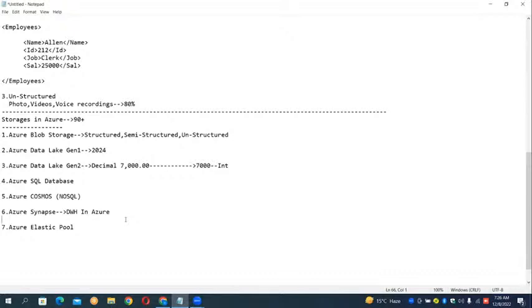And Elastic Pool is where you have a very large number of databases. Multiple databases recorded in one place is called an Elastic Pool. Clear, everyone? Yes, guys. So these are the storages we have, and these handle structured and semi-structured data.